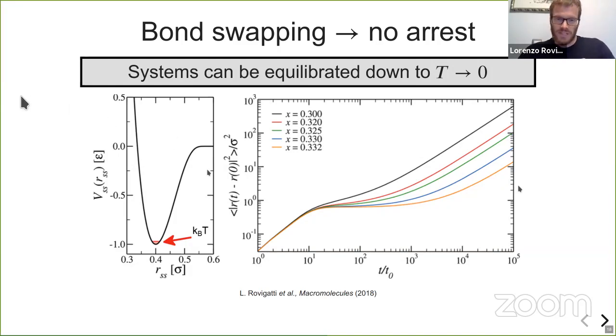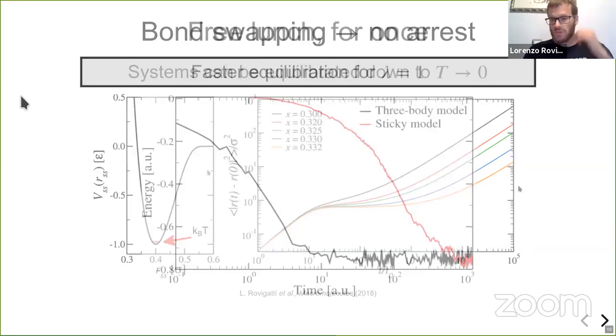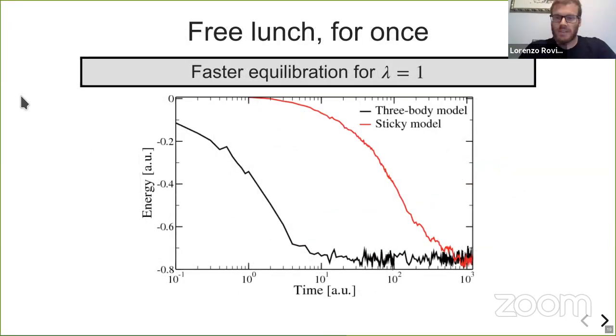And this is interesting by itself, but it's also interesting because it means that we can equilibrate these sort of systems a lot faster. In this example, I'm showing equilibration curves, and you see that the equilibration is like 100 times faster with this model than the other one. And this is what I call a free lunch, because it's not something we put in. We are interested in other properties where we get it for free, which is very, very nice. And we can make large simulations since we equilibrate this fast. So now, almost at the end of my talk, sorry, I'll show you what I've done for our specific system.